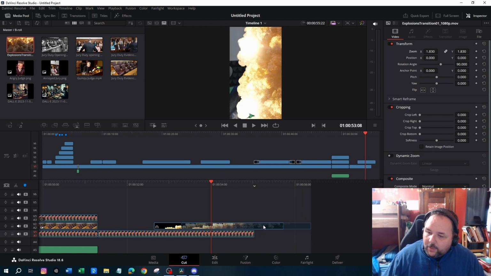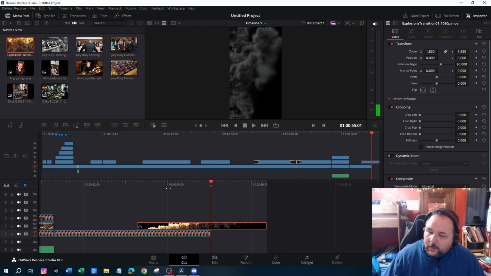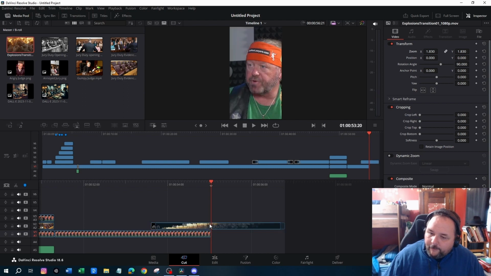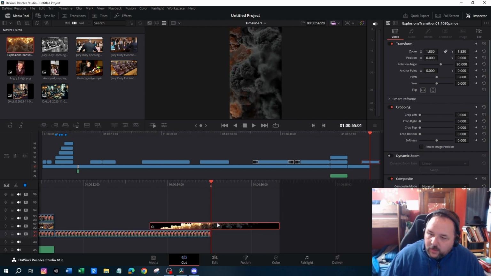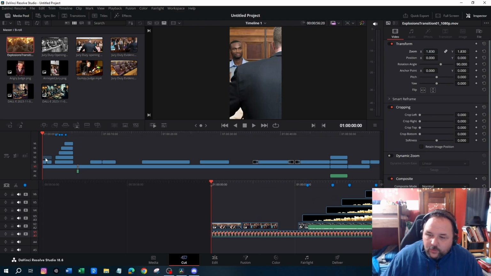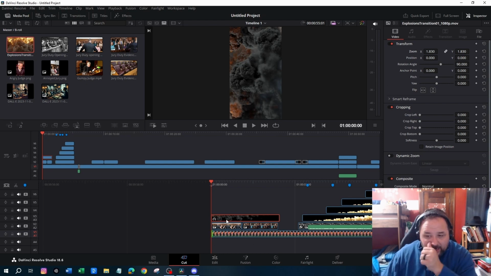Okay? And then I'm going to go about halfway through. What I'm really looking for here is for the explosion to be right where his face ends. And here's why. Now I'm going to cut this, then I'm going to hit Control B to cut it, okay? And then I'm going to take this part and I'm actually going to move it all the way up to here. Now, for those of you that didn't catch it, I moved it all the way to this side, and I'm going to speed this part up even more, maybe even to 300%. So now,